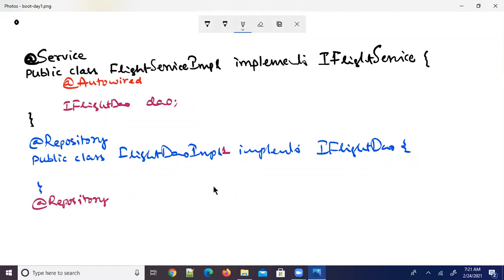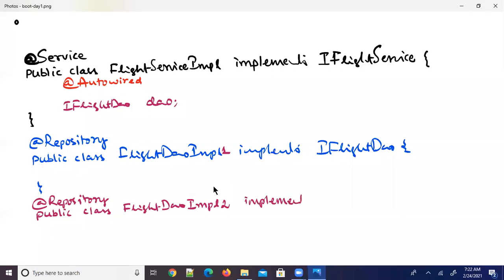And what I am writing is public class, say FlightDaoImpl2, which implements IFlightDao. Now, Spring has to autowire an object of type IFlightDao.